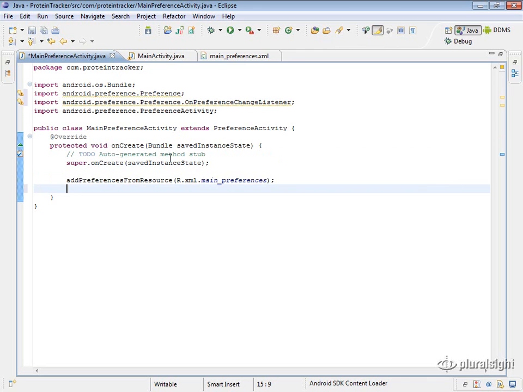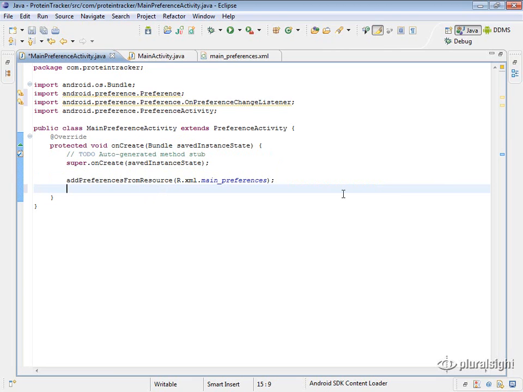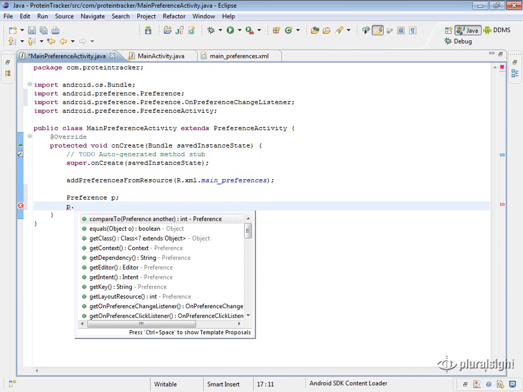There's just one more topic I want to talk about with the preferences, which is using an OnPreferenceChangeListener in order to listen for changes in preference. This is something that you might commonly want to use if you have a preferences screen, and when a preference changes, you want to be able to do something, like disable a certain other preference. I'll just give you an example right here. If we have a preference object, we'll just call it p, and you do p.setOnPreferenceChangeListener,